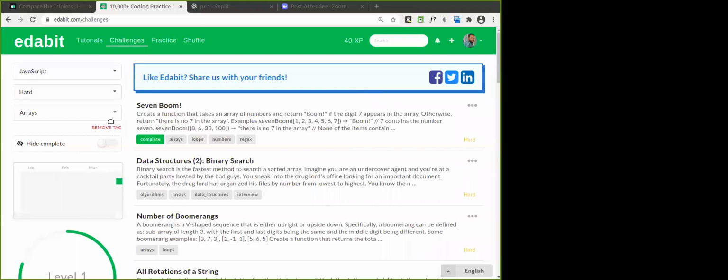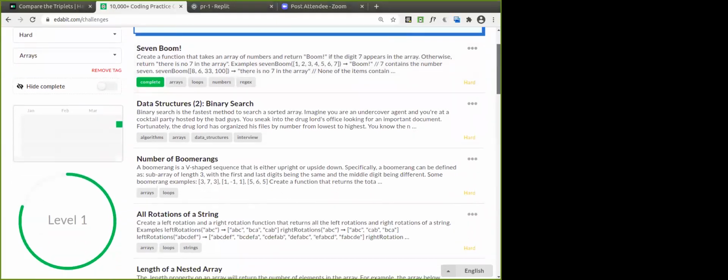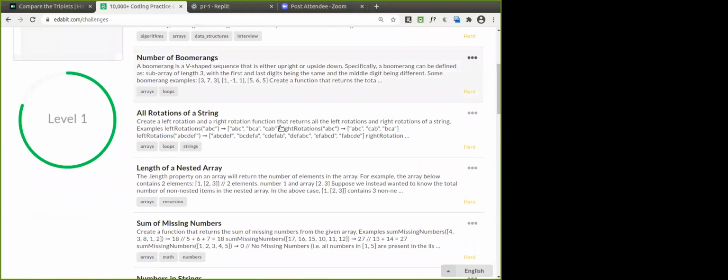Fine. Let's take up problems from Java programs in arrays. A number of programs. Okay, let's start with this one.